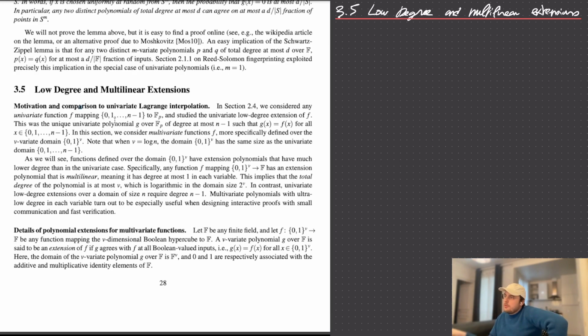In section 2.4, we considered any univariate function f mapping these inputs to F prime and studied the univariate low-degree extension of f. This was the unique univariate polynomial g over F prime of degree